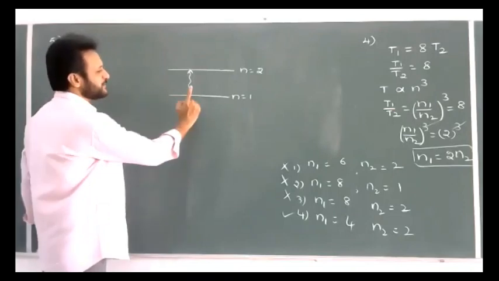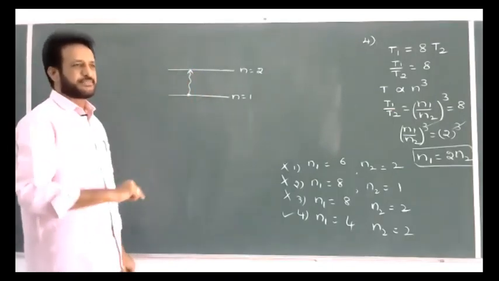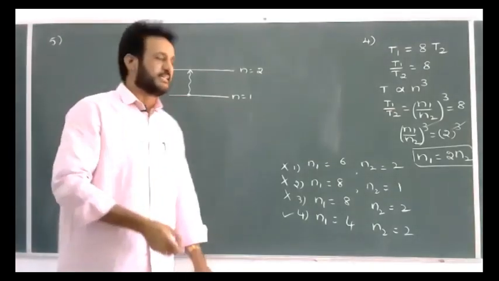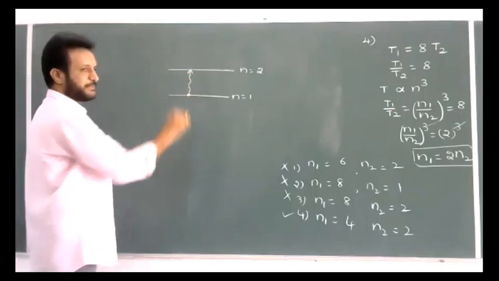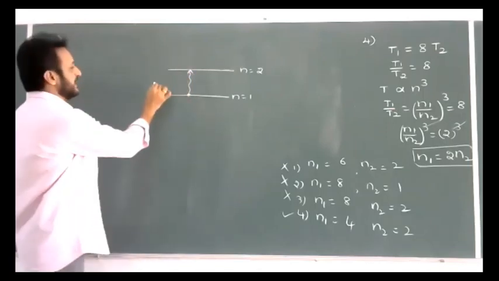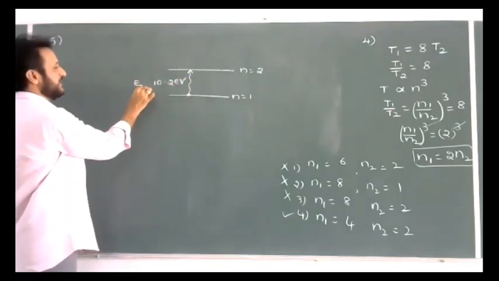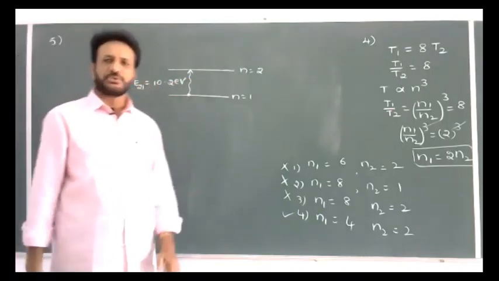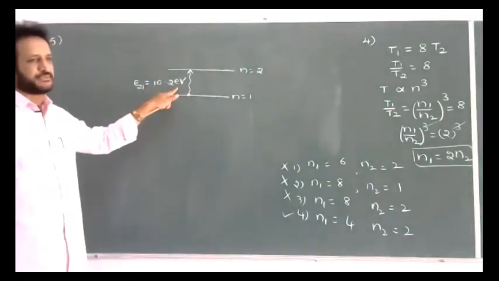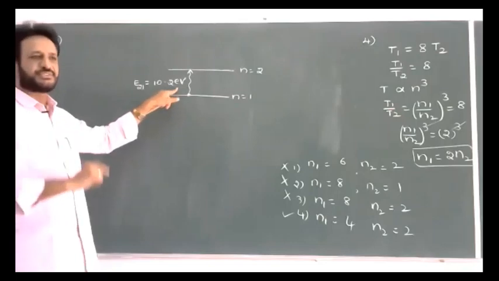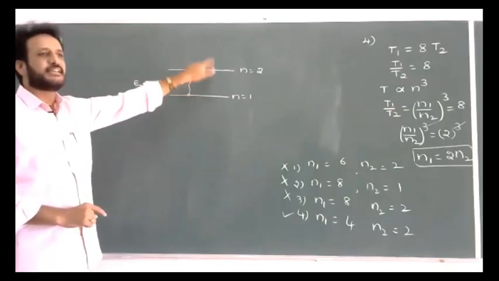Now to transfer the electron from the first orbit to the second orbit, how much energy is required? E excitation is nothing but: first orbit is equal to minus 13.6, second orbit is equal to minus 3.4. If you subtract both, the difference value is equal to 10.2 electron volt. It is equal to E2 minus E1. If you want to shift the electron from the first to the second orbit, the required value is 10.2. But already the electron has a kinetic energy of 13.6. Then what is the total energy of the electron in the excited state?